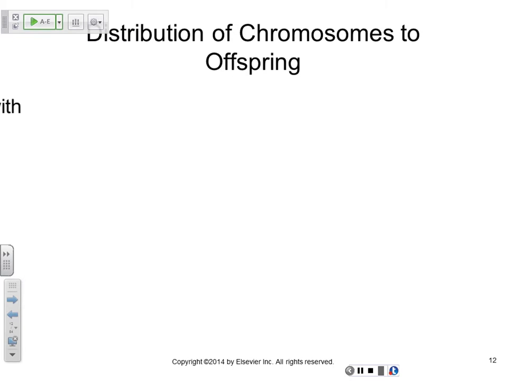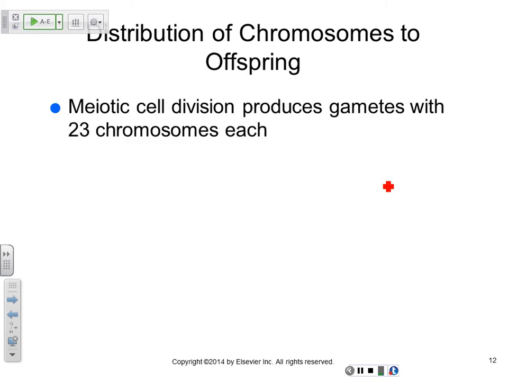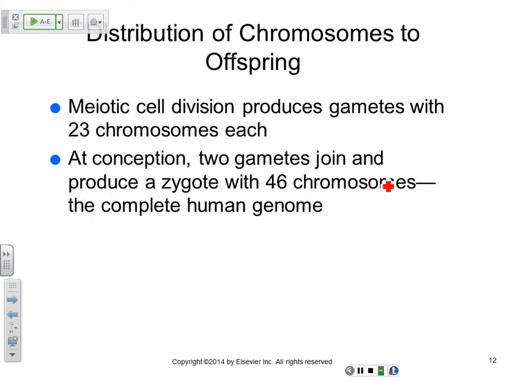All right, so distribution of chromosomes. We just talked about how you have the first reductive division in meiosis 1. It gives rise to the 23 chromosomes. These then become diploid again at conception when the male and female gametes unite to form a zygote, which will have all 46 chromosomes. We just looked at the karyotype with all the pictures of the chromosomes, and they were in pairs. So there's 23 times 2, which is 46 chromosomes.